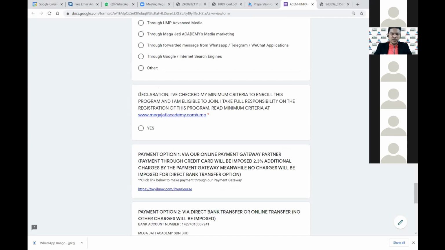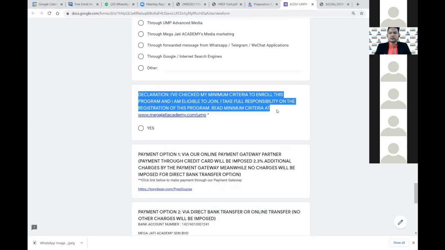And declaration. I have checked my minimum criteria to enroll, because this usually happens: they don't check the criteria, they enroll, they pay, and suddenly when we send their details to CIDB, CIDB rejects them due to insufficient experience according to the list just now. So in this case, we will have to say sorry and we will refund your fund, except if you have gone through the process, maybe halfway or to the end, until we know. So that is why we put this as a declaration. You need to check by yourself whether you are eligible or not. Or if you feel 50-50, like you don't know if you're eligible, check with our secretariat so that he can help you.